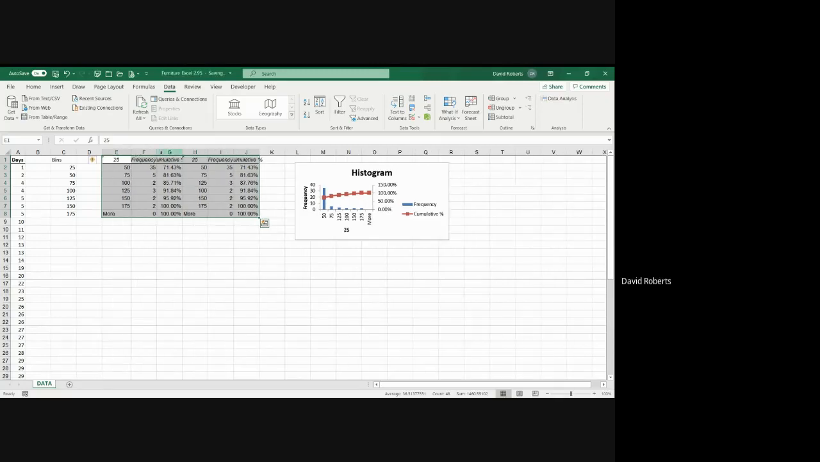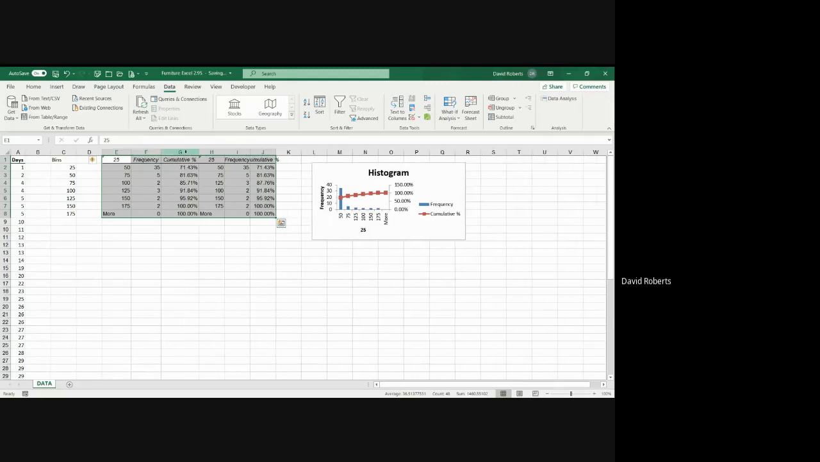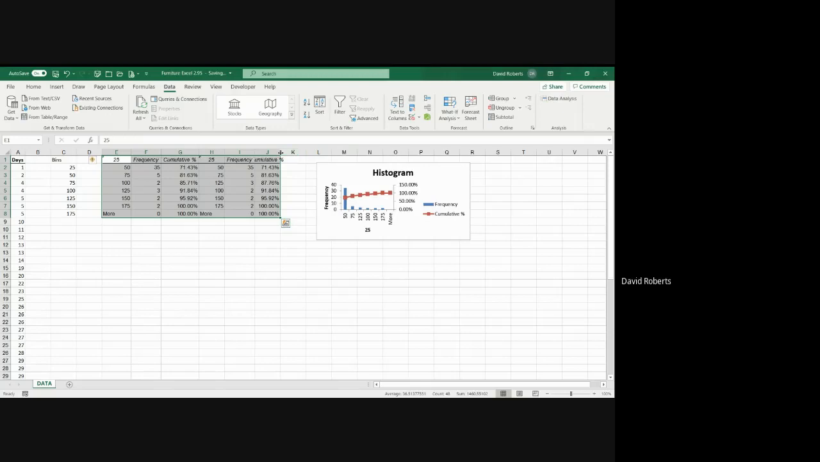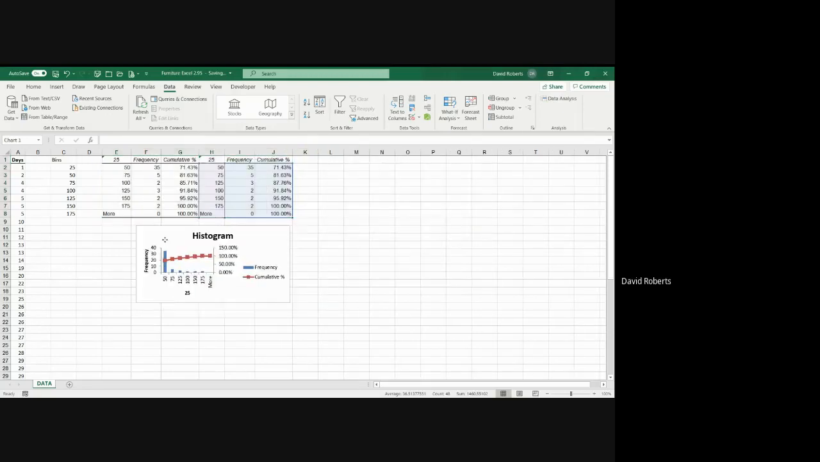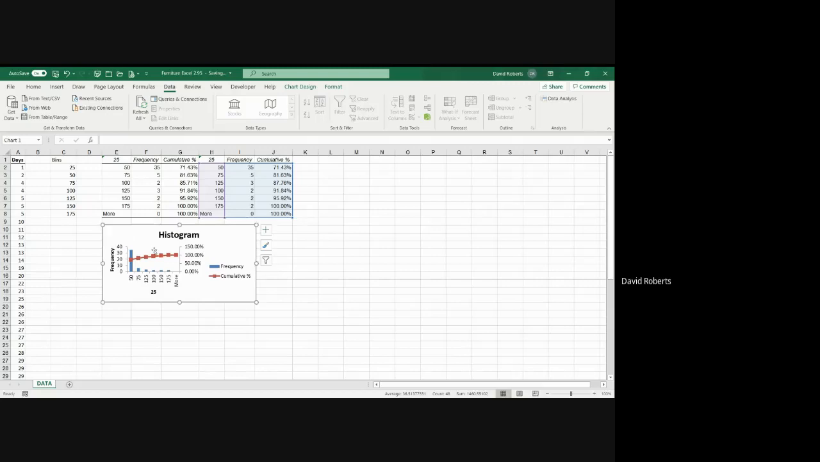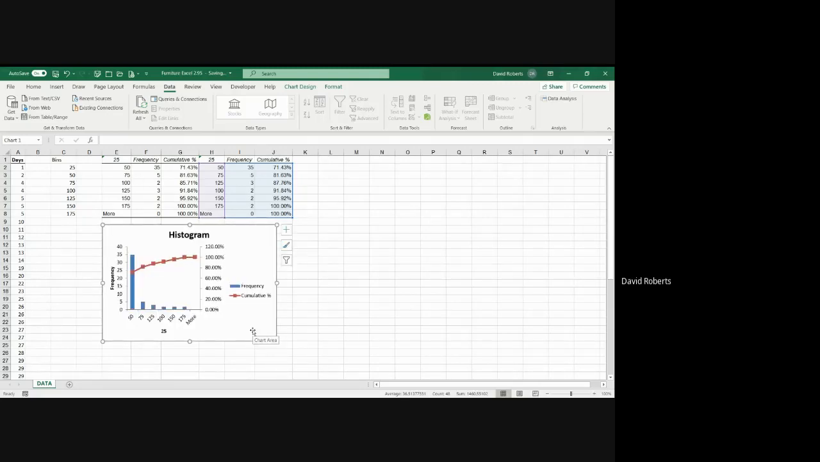So I'll just adjust the columns. And as you've seen before, we have a nice chart which shows the histogram and the cumulative percentages, also known as the ogive. We also want to create a histogram and the percentage polygon. So we've got the histogram already. So I'm going to go to